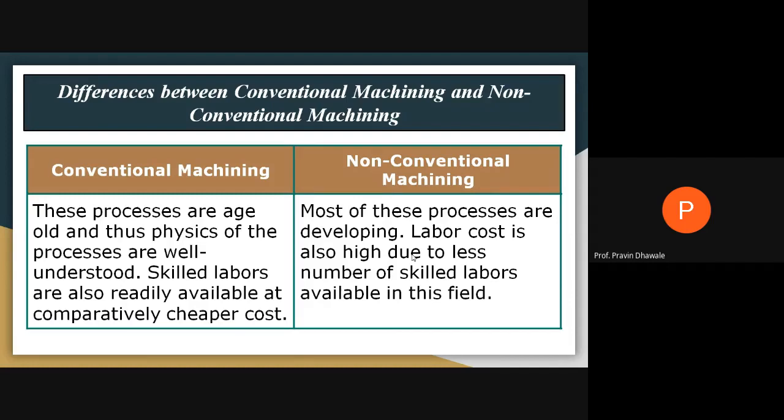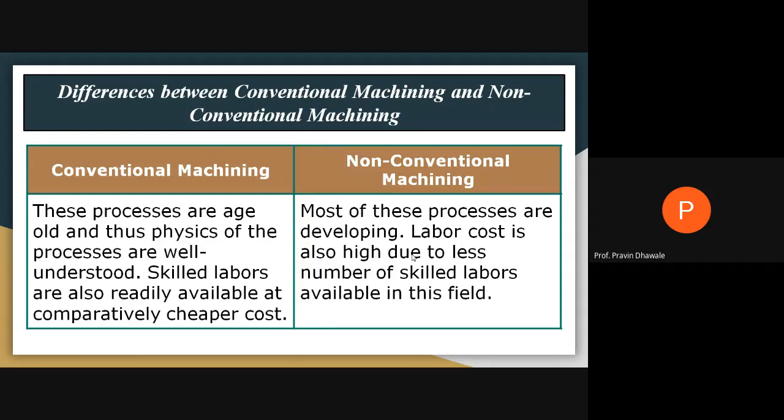But if you are considering the non-conventional machining processes, most of them are in a developing stage now. So we require operators or labor with very high skill, but such operators are not easily available. So we have to provide more labor cost in case of